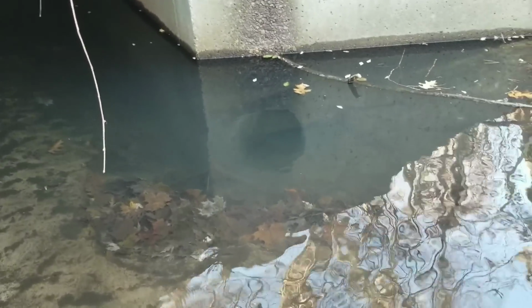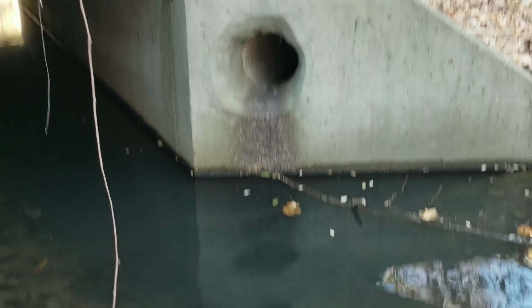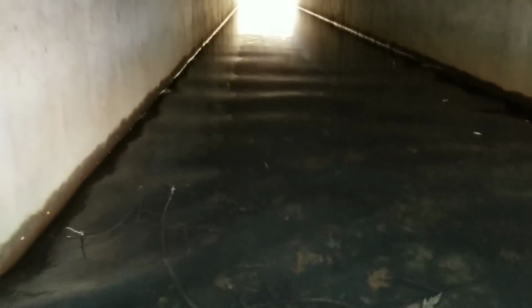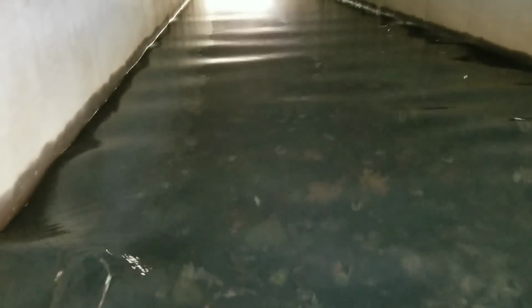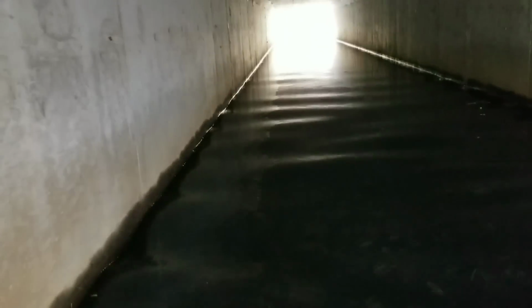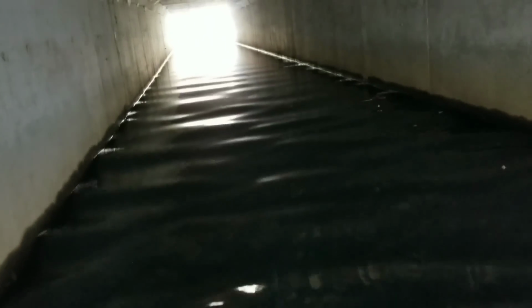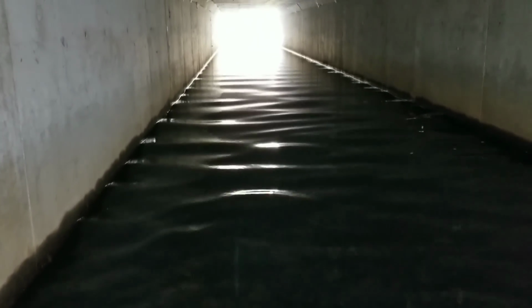There's a big hole there made by the storm drain dumping out. I might not be able to walk all the way through this one. It might be a little bit deep. Yeah, like this one is extremely deep. I'm not gonna walk through this one